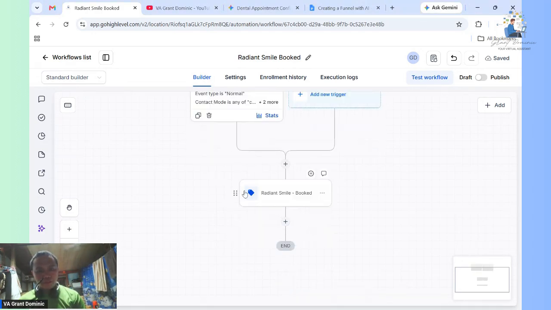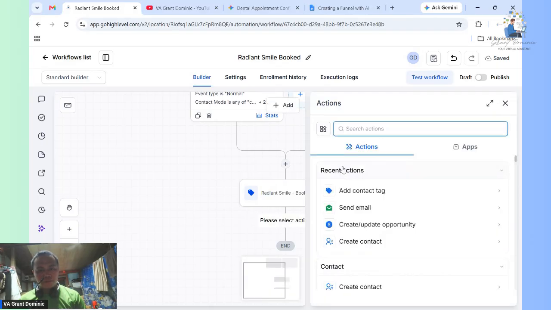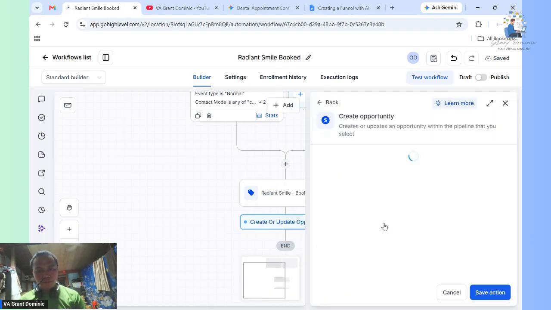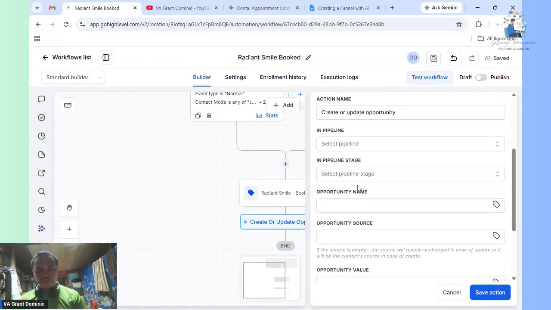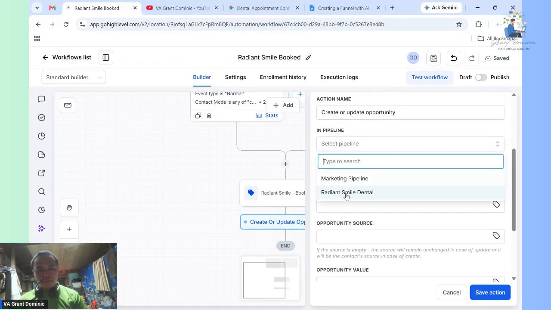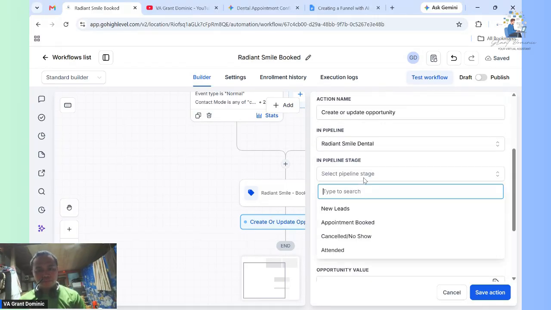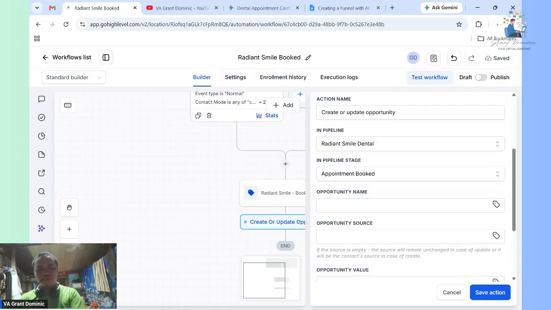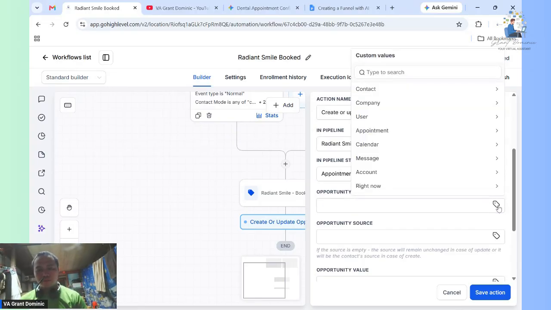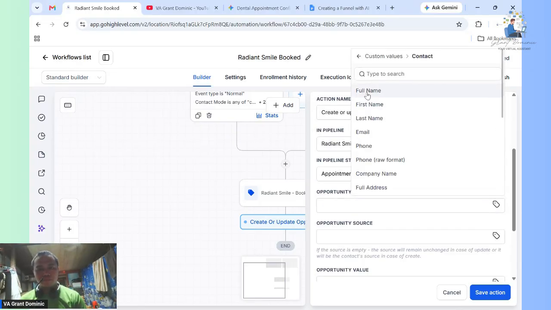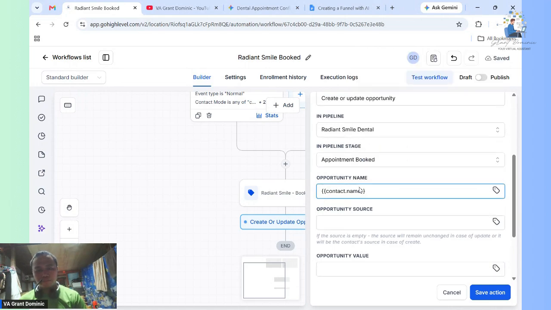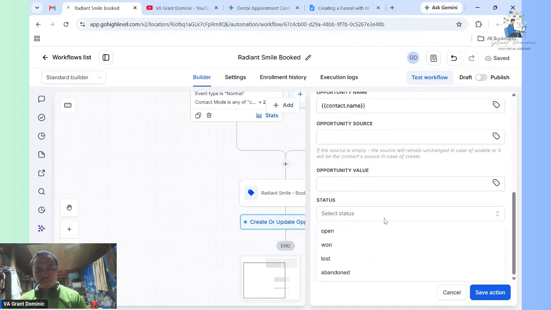So we will put a tag here, and after that we will create an opportunity. So I created a pipeline, Radiant Smile Dental. Book it is to appointment book. Let's put in the full name. Select status.